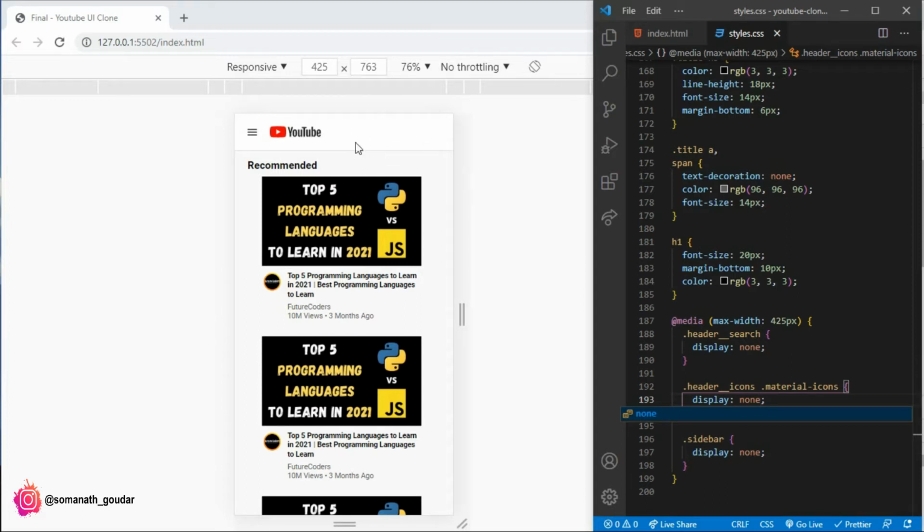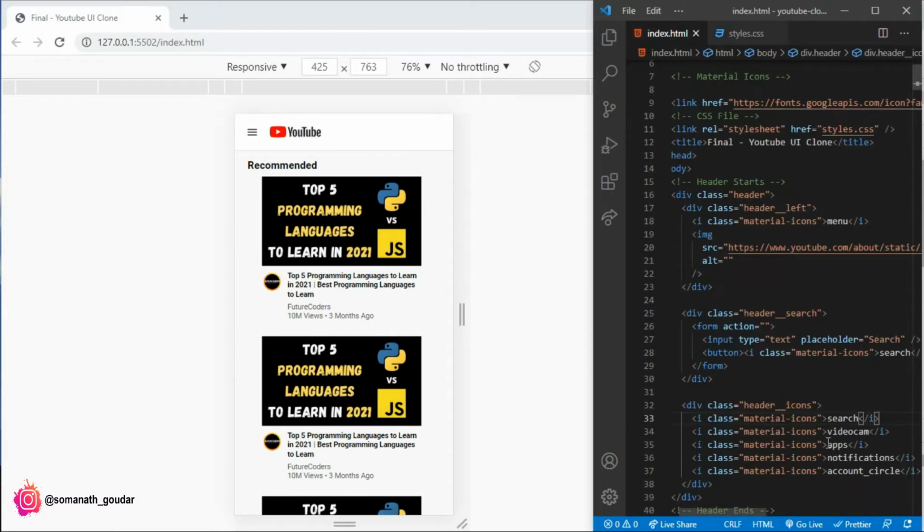So how am I going to make the account circle and that search icon appear again? What I'm gonna do is add a new class name, that is display this, and also to the account circle.